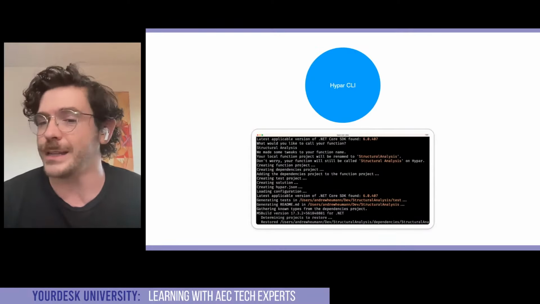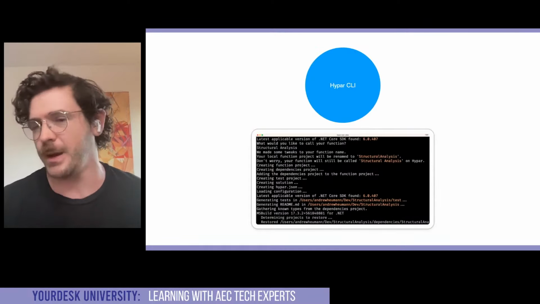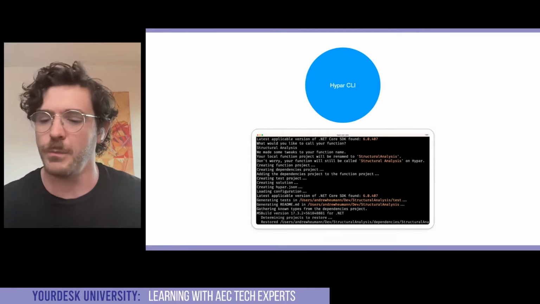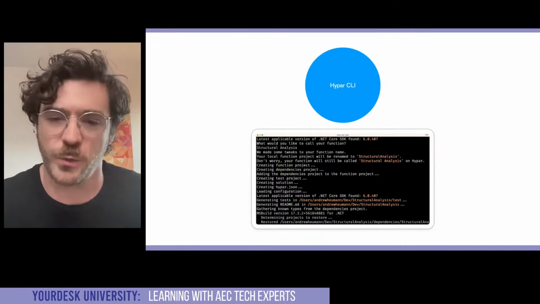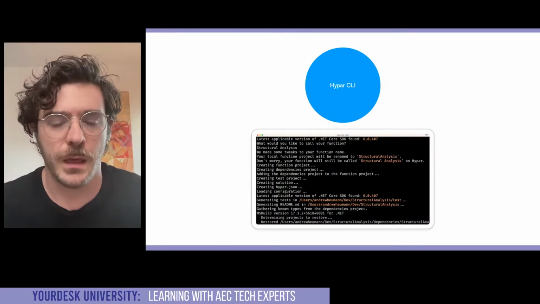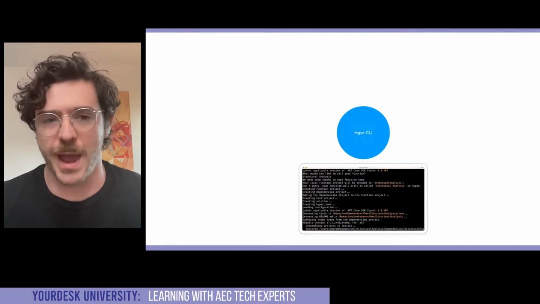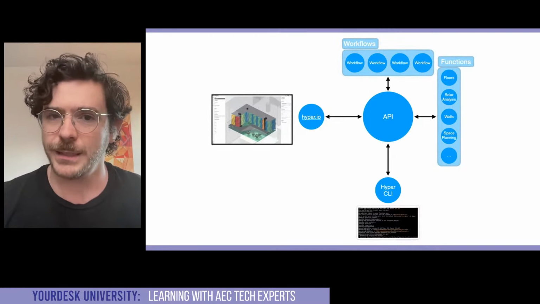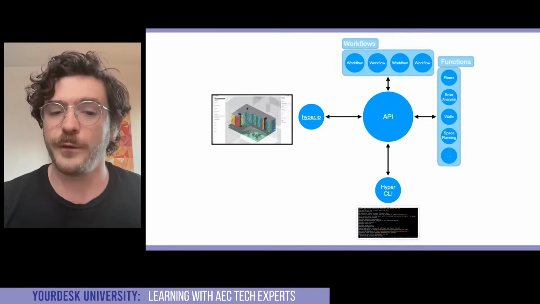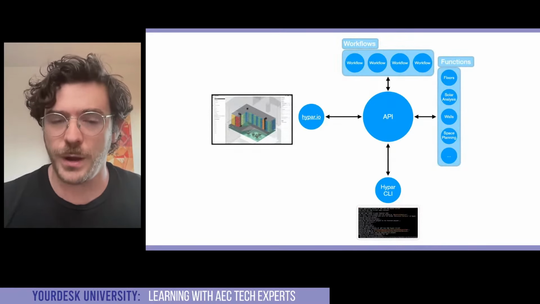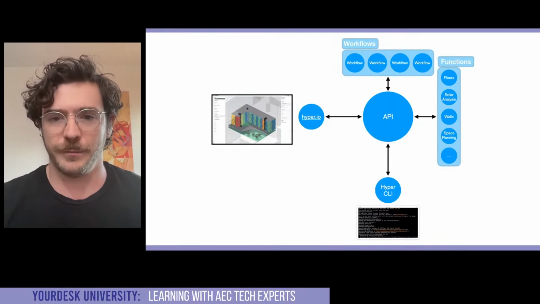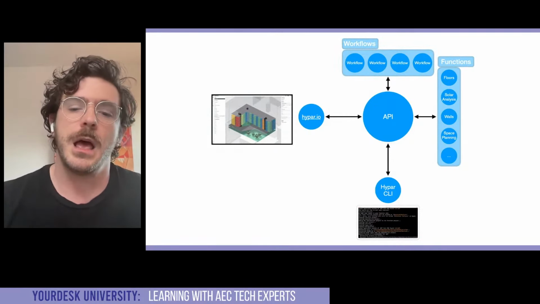But Amazon also has their own CLI, which you can use to spin up Lambdas in a sort of less pre-cooked way. So that's a very, very brief tour of the backend, where the functions on Hypar are running their code and how you contribute those functions.